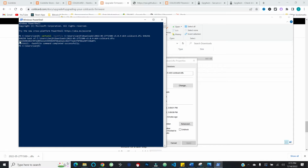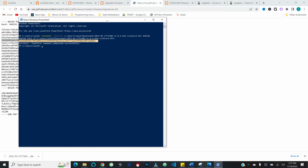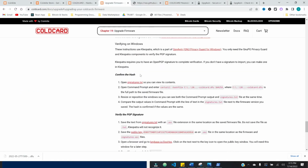You can see that I have this hash value. And so let's come back and compare it to what we have. And as we can see, they are indeed exactly the same. So that's great. That is step one complete. We have confirmed the hash associated with the file that we've downloaded is indeed aligned with what they've published in